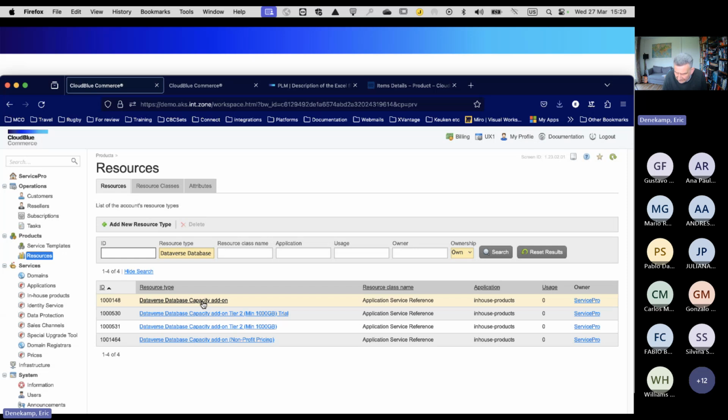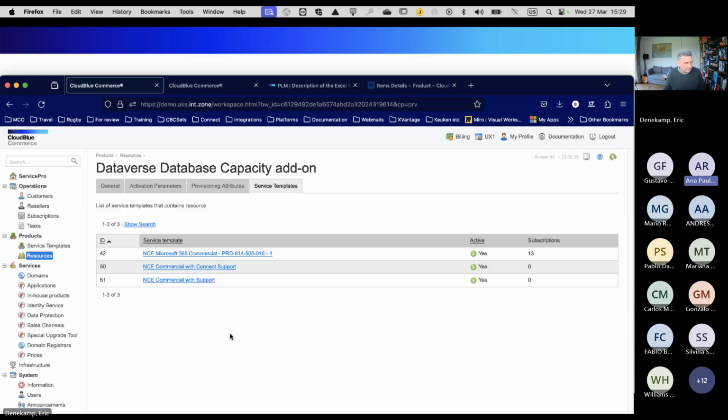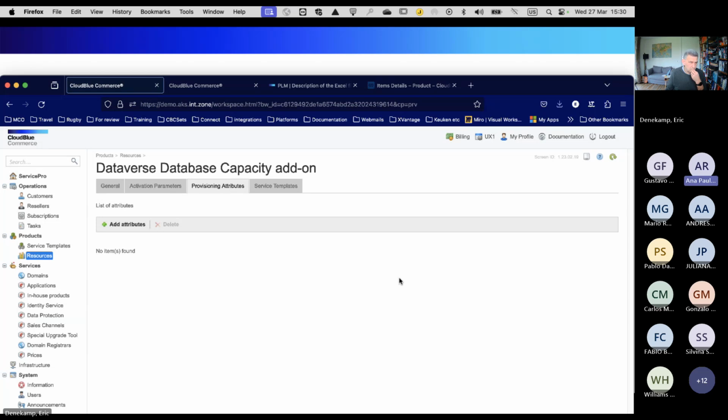So it is visible here. It's there doing nothing. It's not hanging attached to any plans, but it's there available for using, it's even bound to a service template. This service template is the one that we find as a product line in PLM. So it is there. However, it is not usable here. Got it.